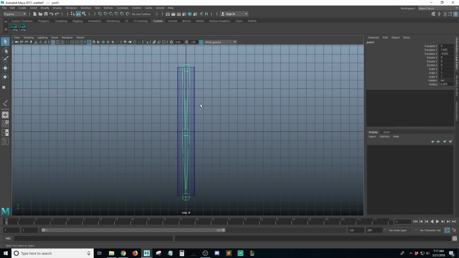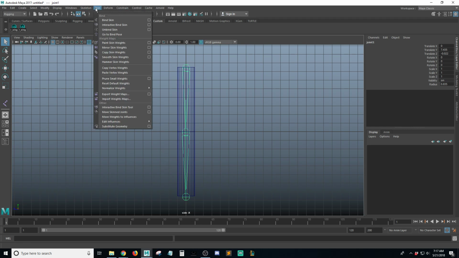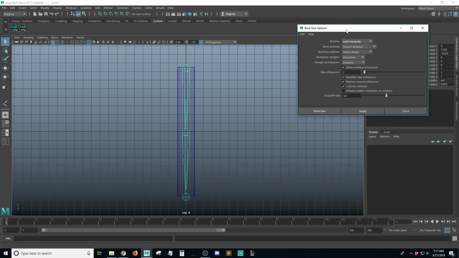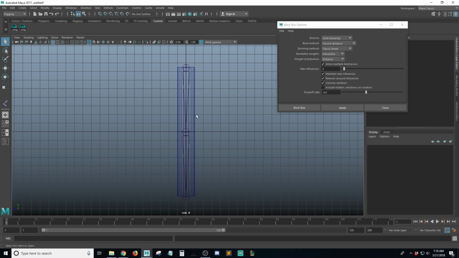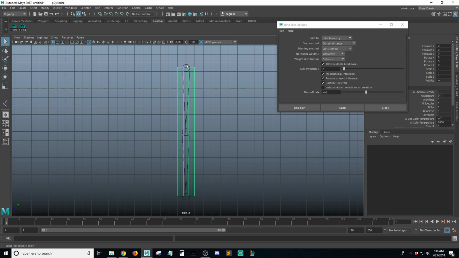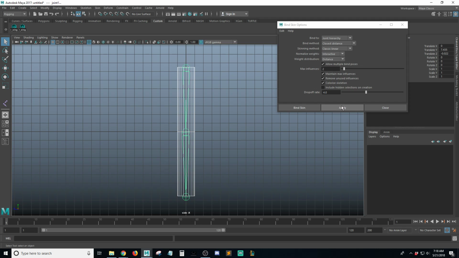and so you want to attach the skin to the joints, and you do that by going to, let me bring this up. I'm going to go to skin, bind skin. I'm going to bring up the options menu, and what you have to do is select the mesh first, then shift select the top bone chain, and then click apply for bind skin. And what this is going to do is